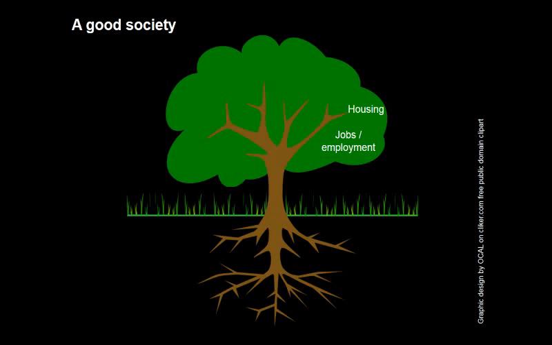Would everyone agree that housing is also another goal that your society wants? Everyone happy with that? Clean food and water. Every society. Everyone happy with that? Okay, so that's a goal. Let's call it a universal goal. What about peace and security? Everyone would agree that that is a universal goal.